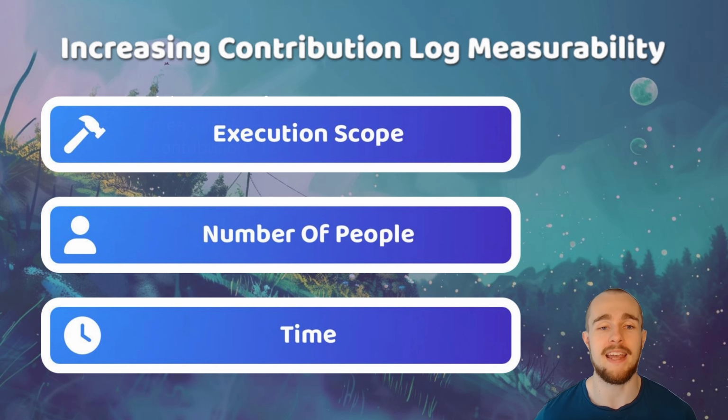Although there can be a lot of complexity with contribution measurement, there are a number of things we can do to help with improving contribution logs to make them more measurable. In terms of the execution scope, grouping the type of work that is being completed is one way to try and increase measurability. Keeping a contribution entry focused on a certain skill set, such as coding or design, could help with making it easier to compare and understand how different contributors have executed certain outcomes versus other contributors.